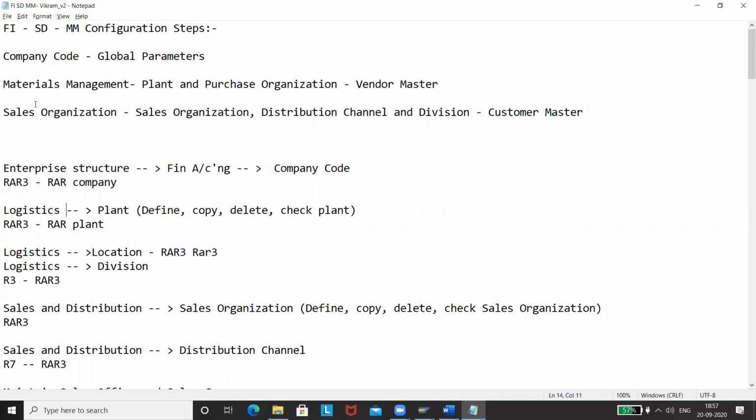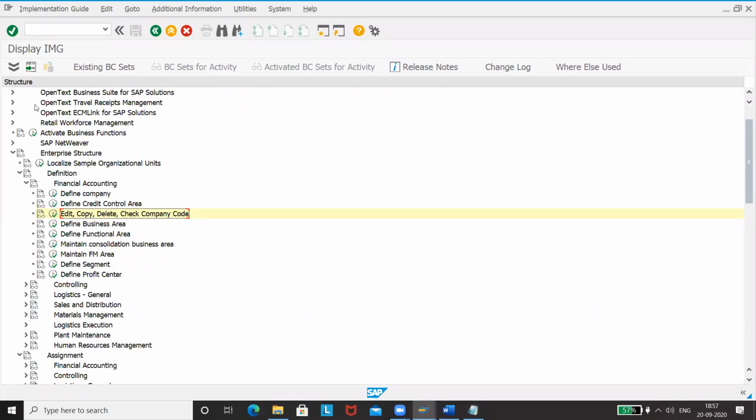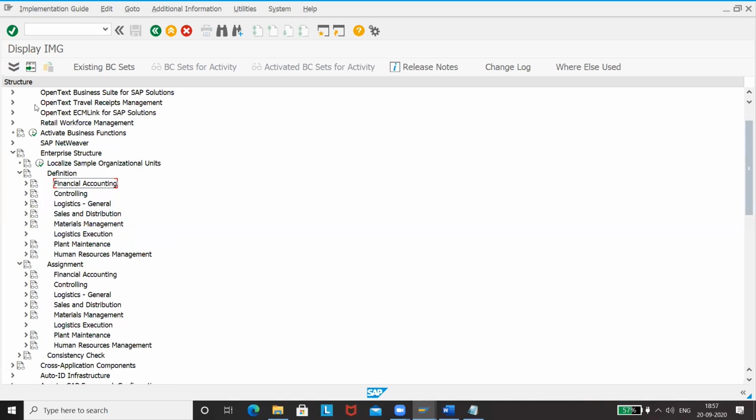Now you have to go to logistics. So here you don't need, after company code, you don't define the business area. Business area is obsolete. These are no longer used. If there is a business requirement, you maintain it. Otherwise, even in a real-time scenario, we don't usually maintain it unless it is required.